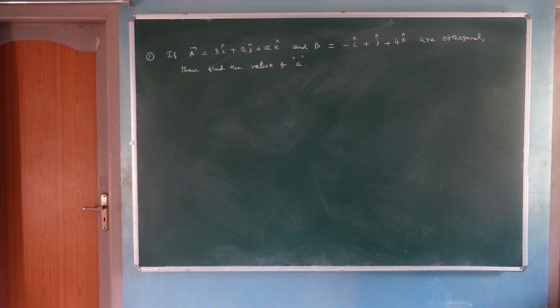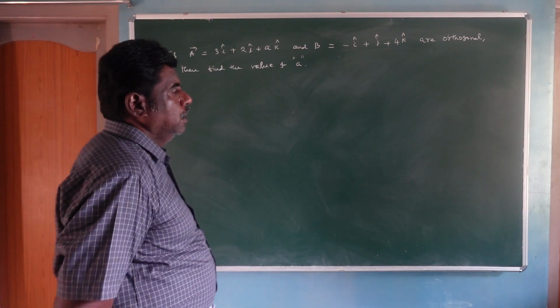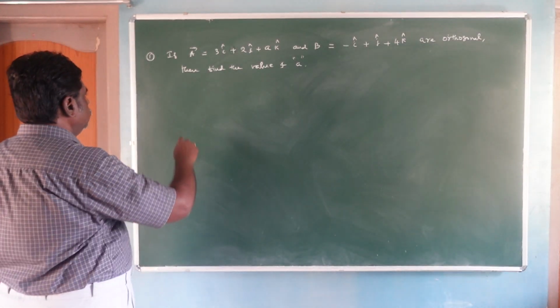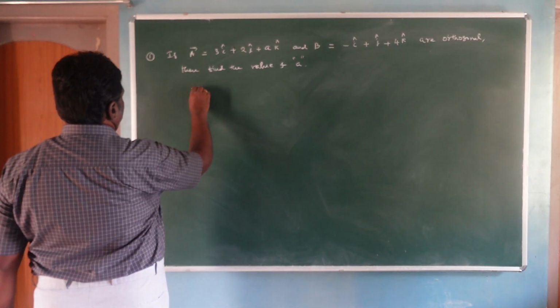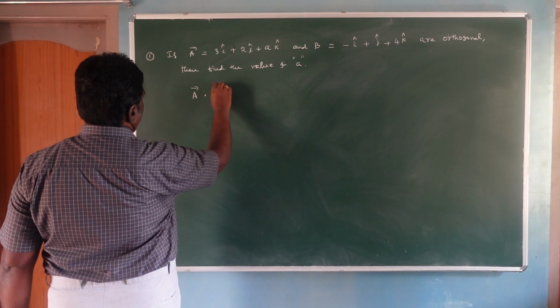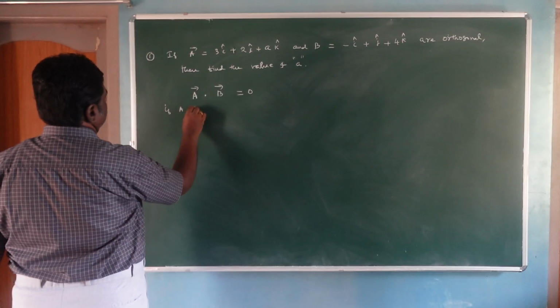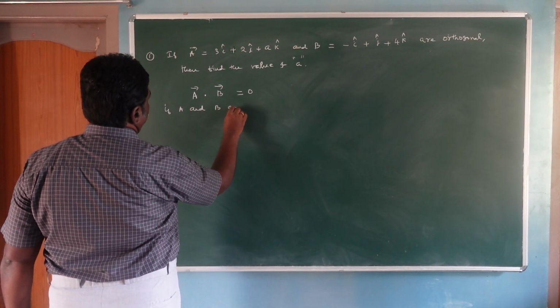Consider the vectors A equal to 3i plus 2j plus ak and B equal to minus i plus j plus 4k are orthogonal. Then find the value of a. Suppose two vectors are orthogonal, then their dot product should equal 0. A dot B equal to 0 if A and B are